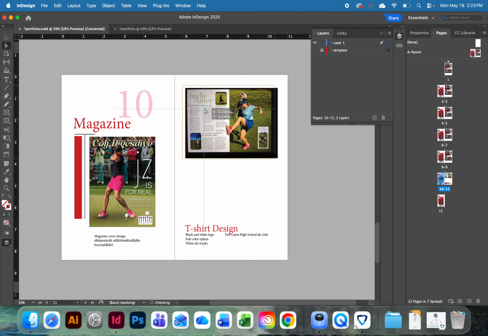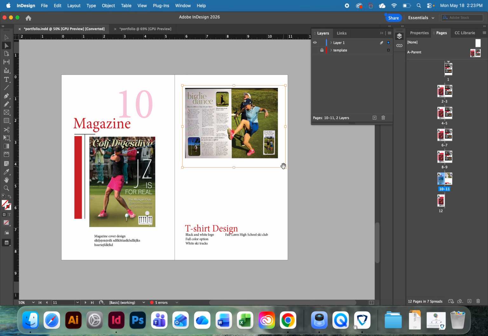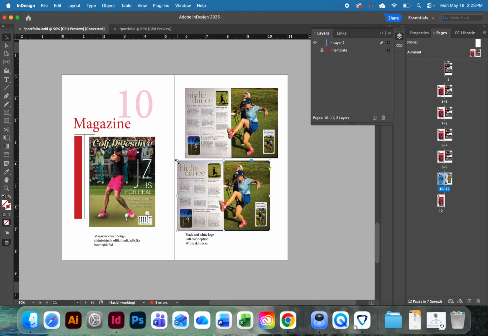I actually, with the white arrow, I'm going to make this bigger to fit inside that picture box. Okay, so what I need to do now is, this is obviously not the t-shirt design, this is my magazine spread, and I can talk about the project a little bit more. What I do want to do, because it's so small, is call out, I'm going to copy and paste this here,